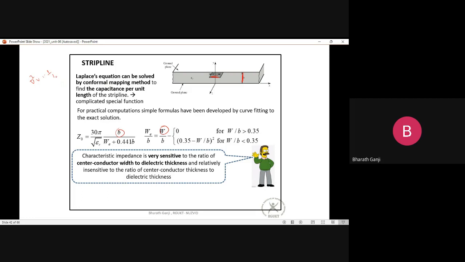That's for the strip line. So if you want to get different characteristic impedance, you basically have to change the width of the line and the height of the line. So as you can see, you can understand it. So by changing the width of the line, you are actually changing the